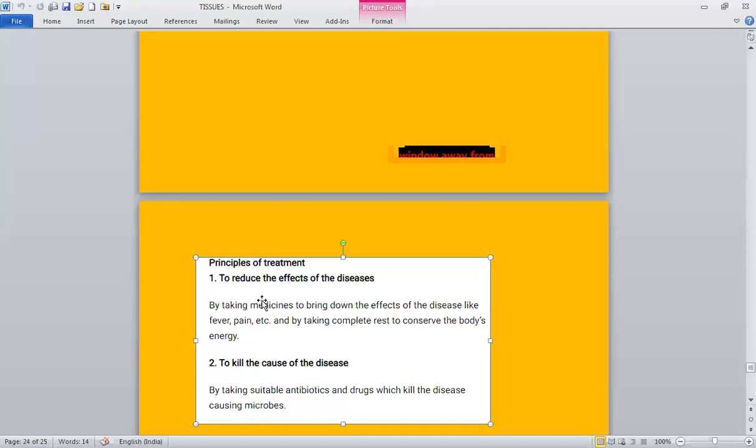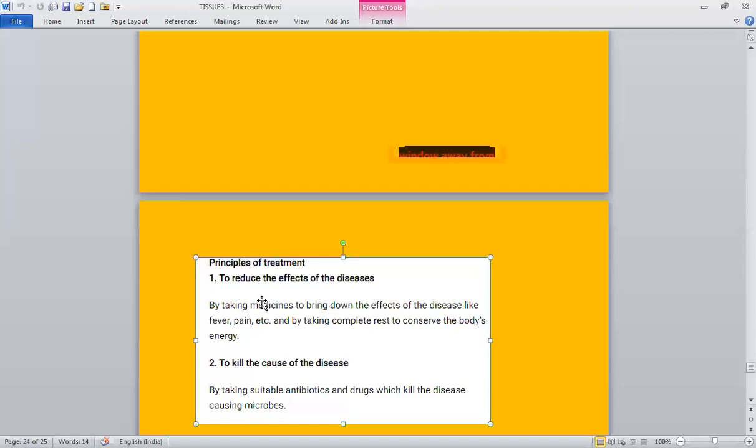These are all general medicines we take to reduce the effect. Suppose there is some swelling in a leg, so we can rub some Ardex or some relief spray over there. And suppose we are having a headache, so we can also use some types of spray or ointments and rest for a few hours, so it will be over. But